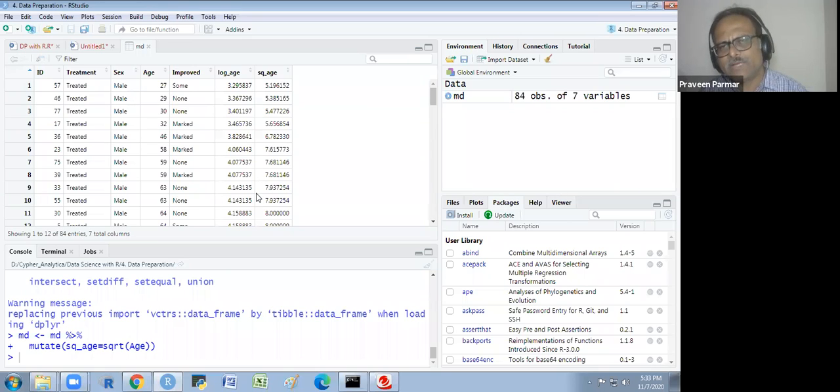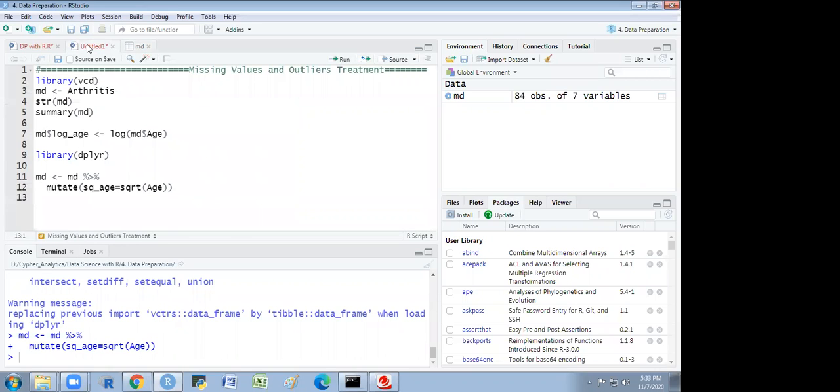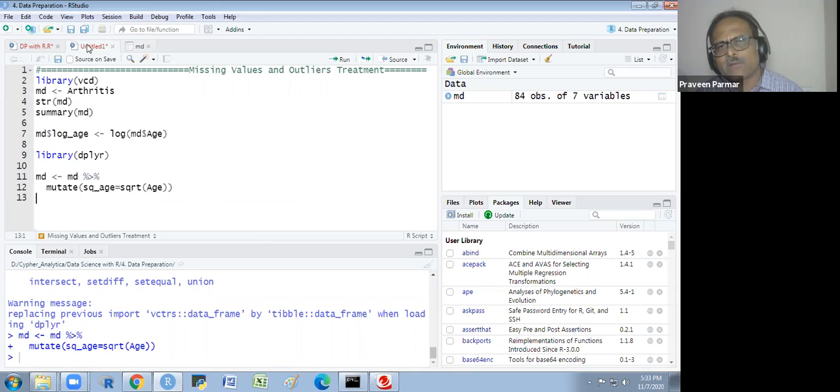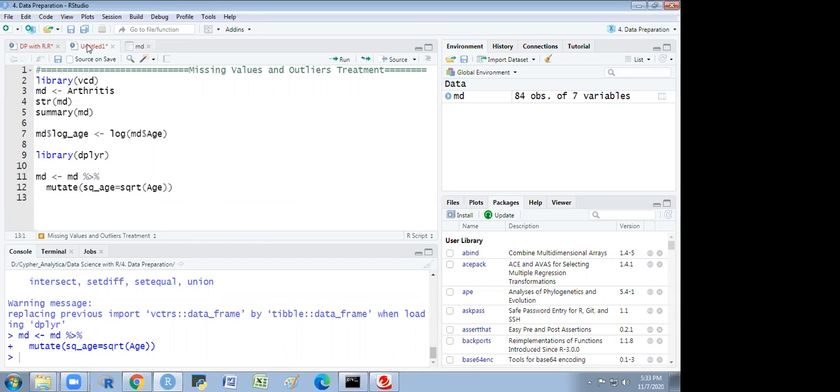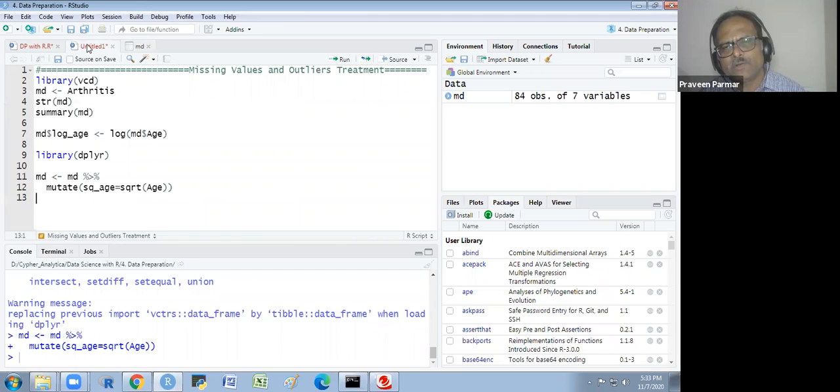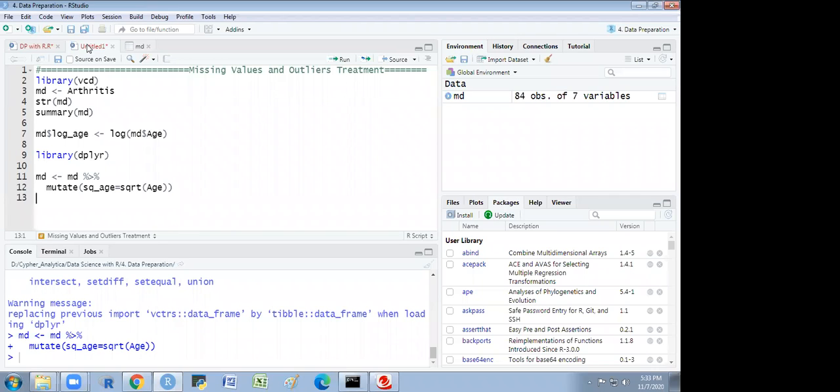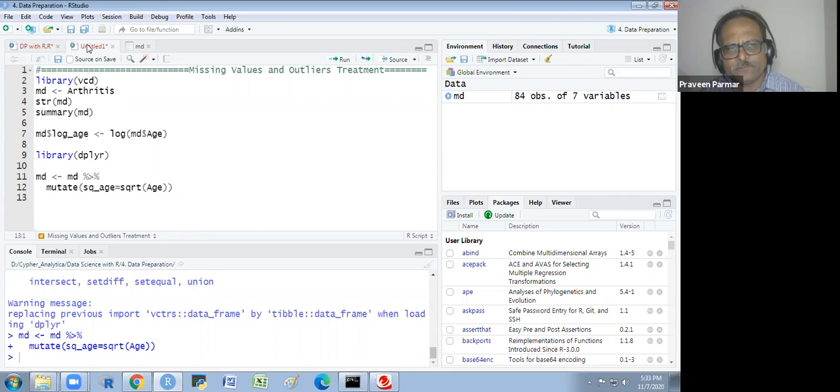Any method you could apply, R base or the dplyr method. Sir, if we want to add any row, then what would be the procedure? For a row, you have to use rbind, which we explained in the R1 also. rbind and cbind also we have explained over there. That is adding a new row. Then you have to create one vector, then you could add the row.